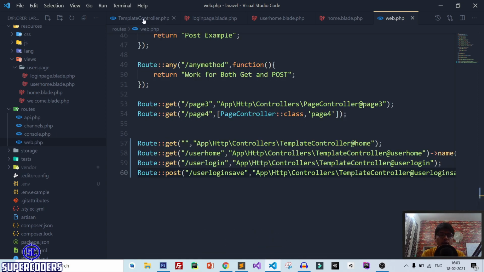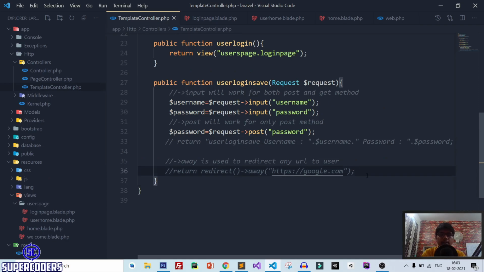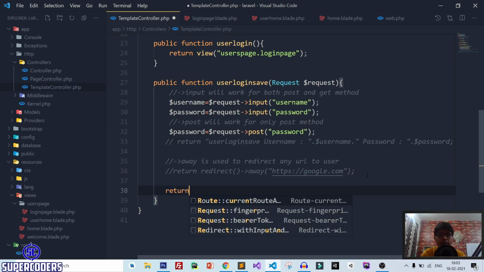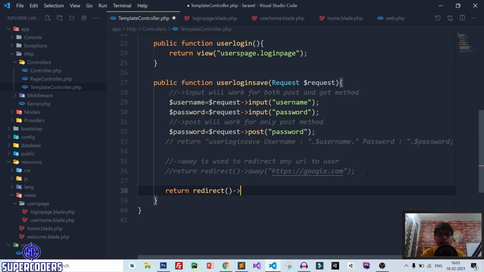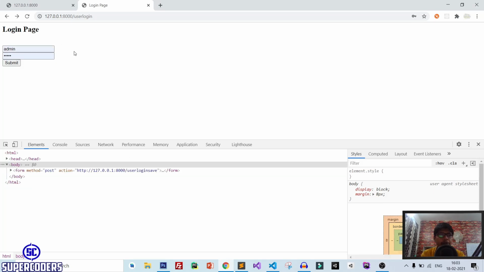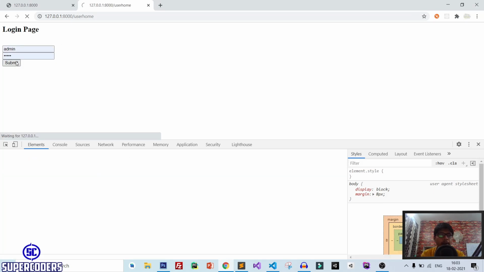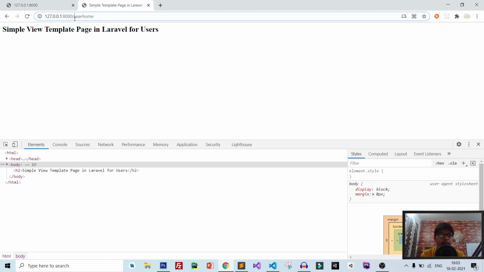Now after that, come to your controller, and here instead of away, this time you need to use return redirect, and you need to use route and pass your route name. Now save this file, back to Chrome, refresh page, and if I submit this form, you can see I am successfully redirecting my message to user homepage.